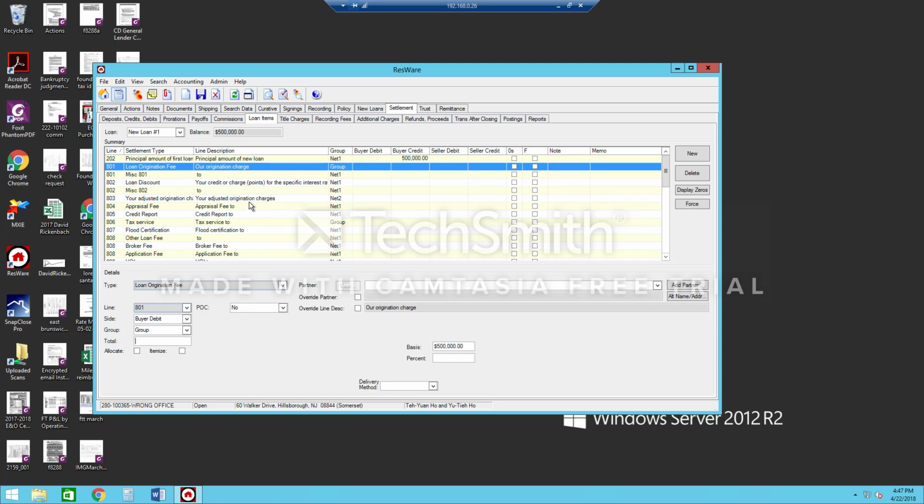Like everything else, you highlight the line you want to work on, and you'll see the information down here. You can put the fee in however you want. Let's say it's a $3,000 fee. Depending on what's going on with the fee, sometimes origination fees are paid out to a broker. In this case, you'd probably list it as a single check for $3,000 to a broker,